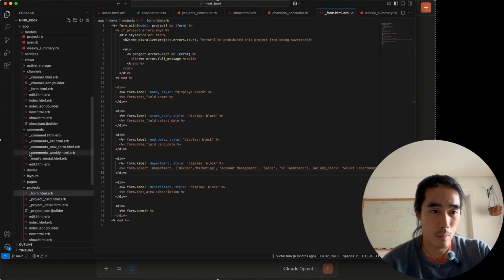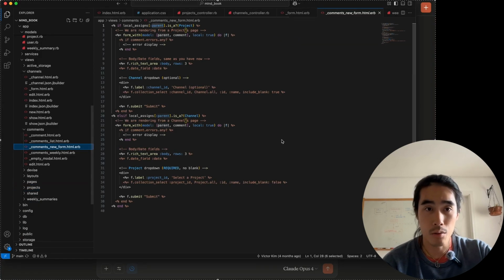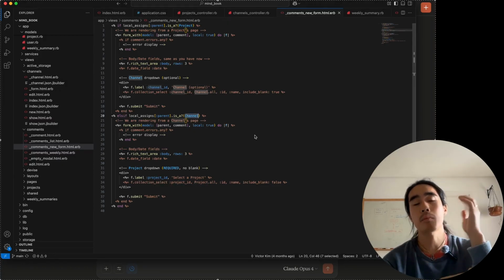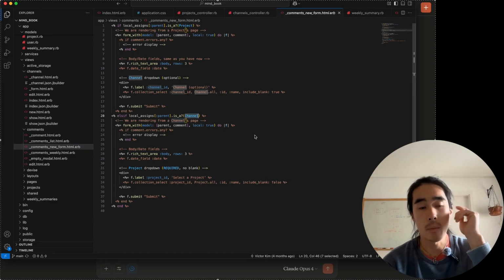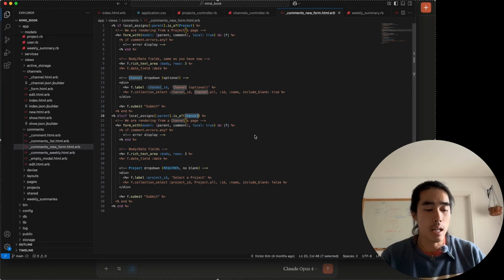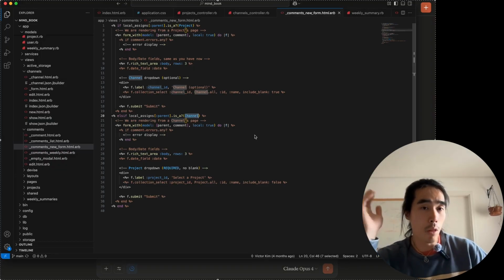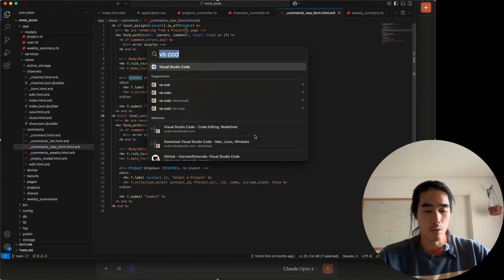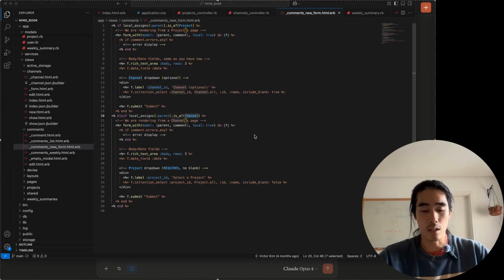This is the comments, new form. This is the one. Yeah, this is the one where I have the parent, because what this means is that basically I can create a comment, meaning I can create any project update from both the meeting layout or the project itself. So I know this doesn't make any sense, but